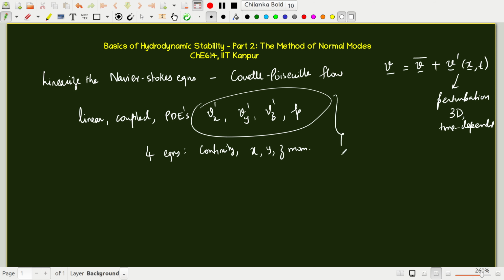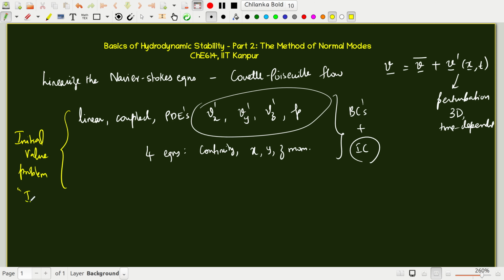So along with suitably prescribed boundary conditions plus initial condition, we can in principle solve this set of linear PDEs. Even if not possible to solve analytically, you can solve them numerically. So that's the whole idea. But the problem with solving this using that approach, which I'll call the initial value problem, or the IVP in short,